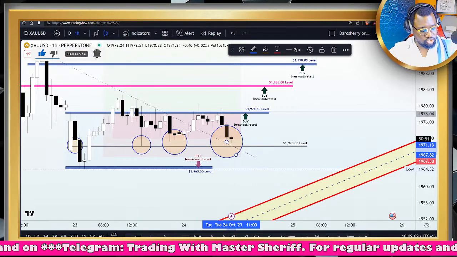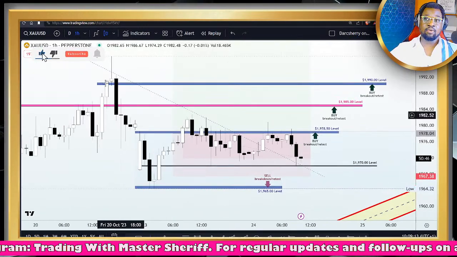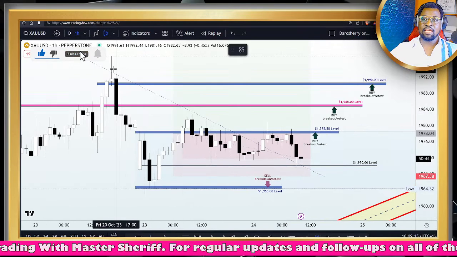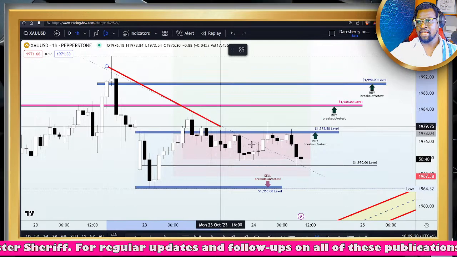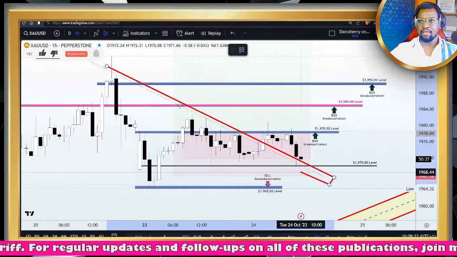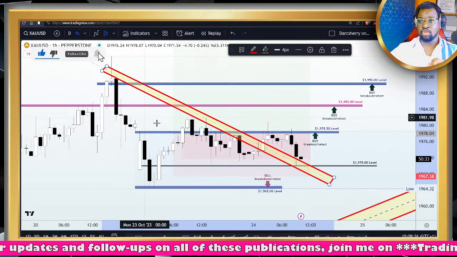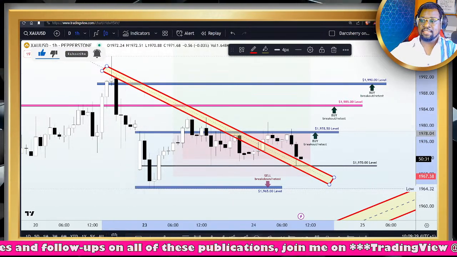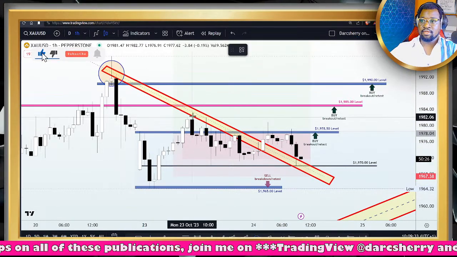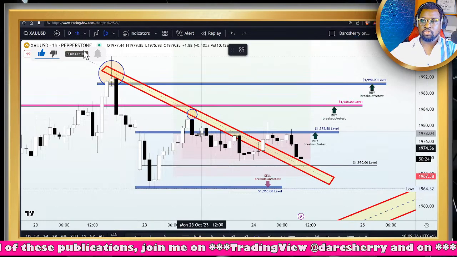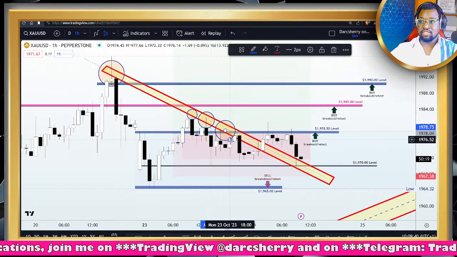Then in addition to the 1,970 area is the descending trend line I was able to spot here after taking into consideration the nature of price action since last week Friday. So we have a descending trend line here duly marked out. And of course, you do want to be marking this trend line out on your chart. So you will see that since Friday, price was respecting the trend line, selling pressure here. We also saw selling pressure here too as well. Selling pressure here throughout yesterday's trading session.